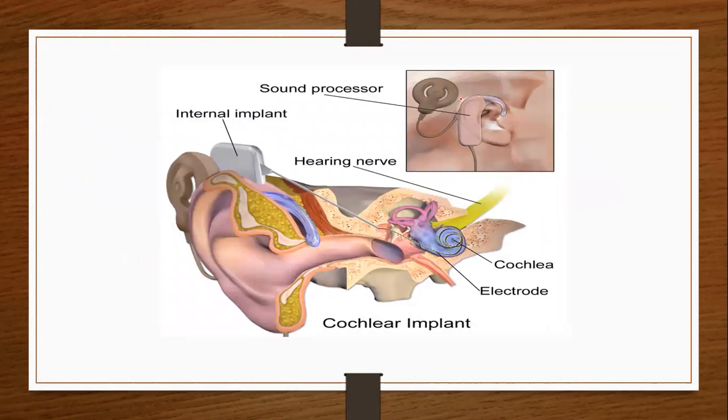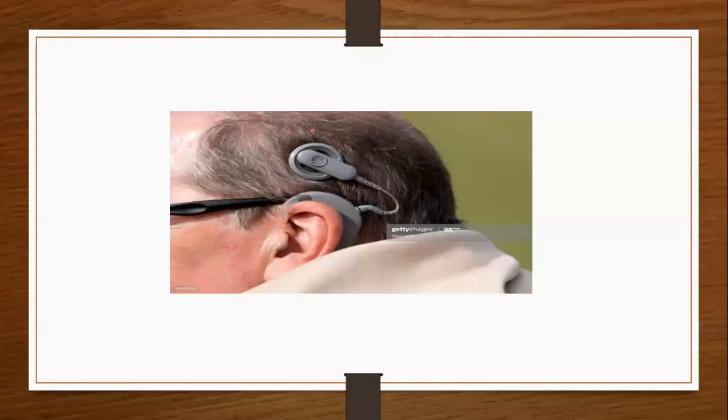Okay, so this is a picture of cochlear implant. This is a hearing nerve. Vestibular cochlear nerve is there here, then cochlea, then electrodes. This is the implant of this cochlear implant. So this is a picture how a patient